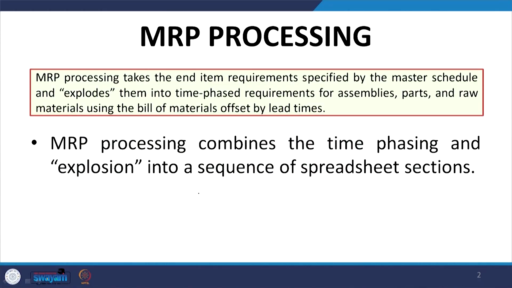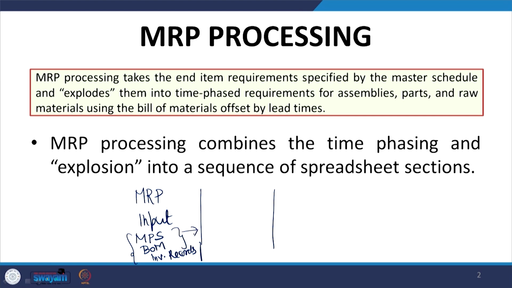Now, remember that there are three important phases. MRP input, where we discussed the use of the master production schedule, the bill of material, which is known as BOM also, and third, the inventory record. So, these three things are used for input purposes, then processing, and then output. These are the three stages in our MRP discussion. Now, MRP